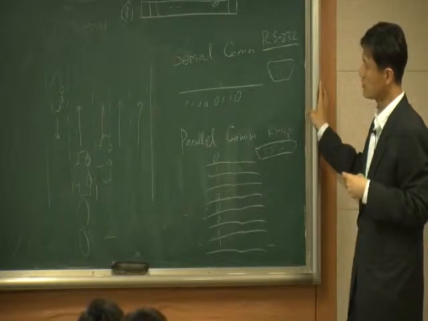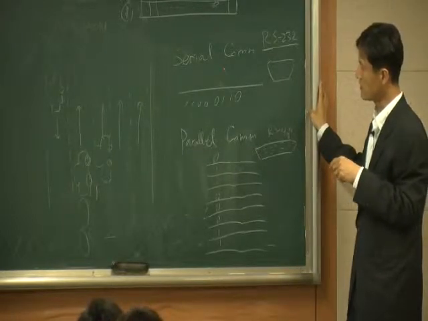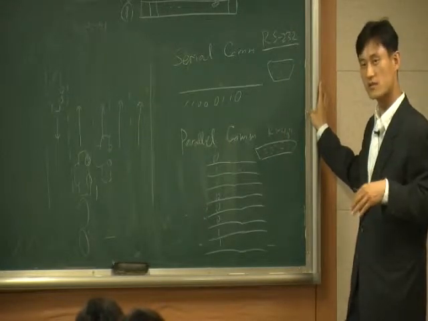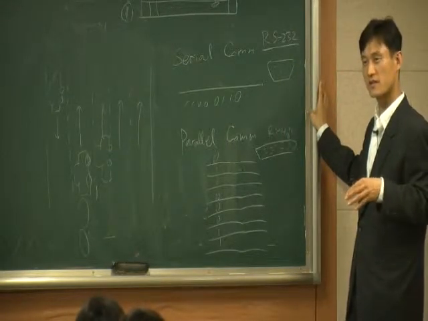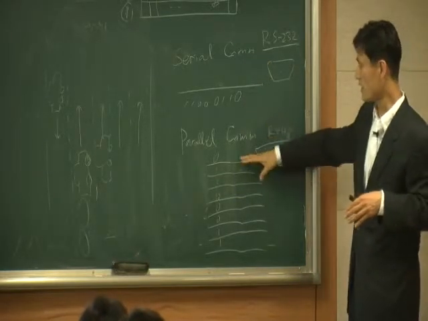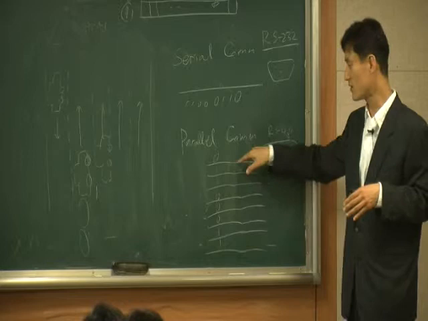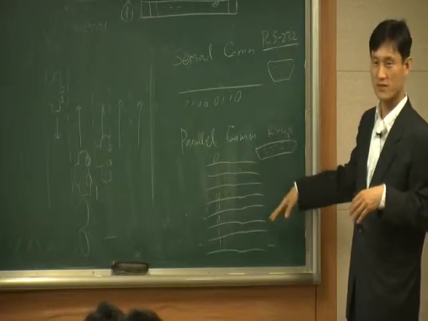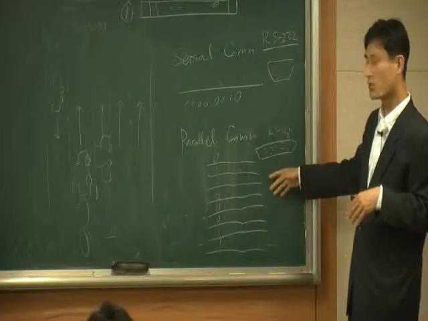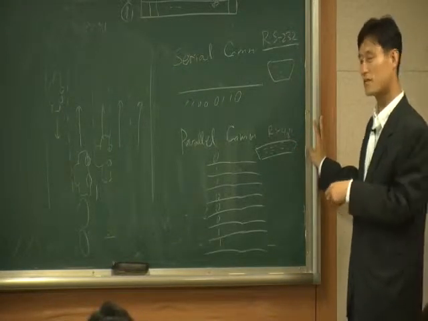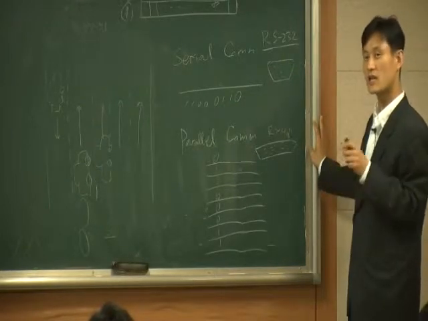But let's compare these two interfaces in terms of, let's say, cost and convenience. This is much better, because in this case you have a lot of lanes, a lot of links or wires. So it's actually more expensive and more complex. In this case, it's very simple. That's why